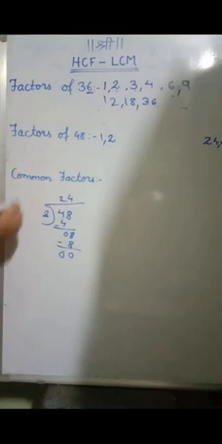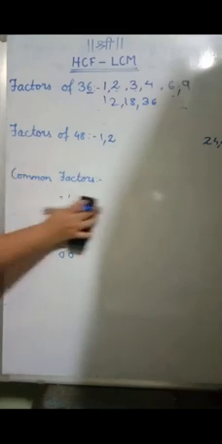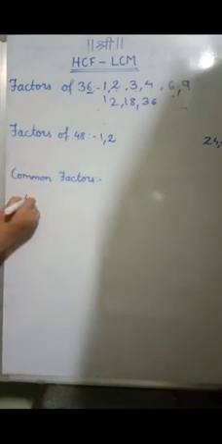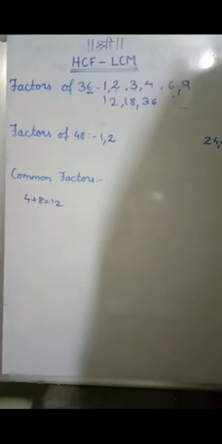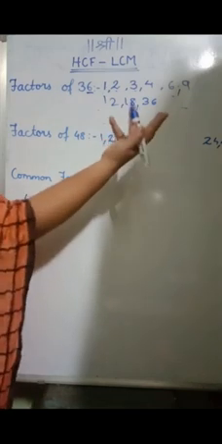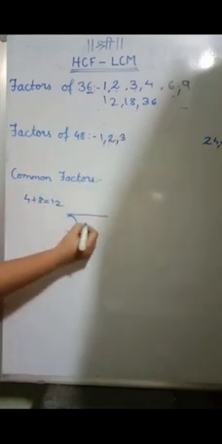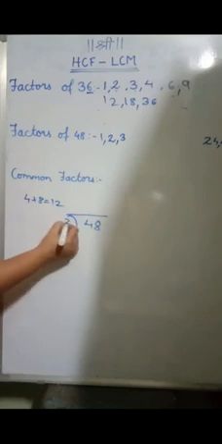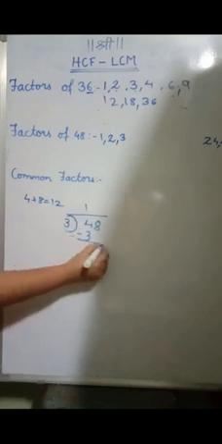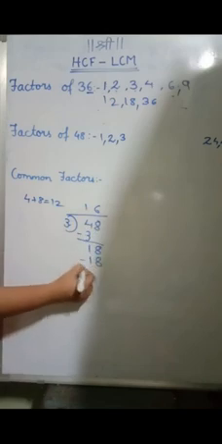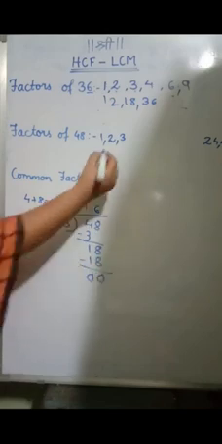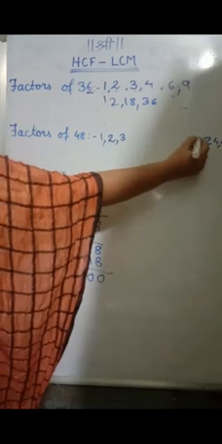Now will it come in 3's table? Add the digits. Add and see. 4 plus 8 is 12. 12 is coming in 3's table. So 48 will also come in 3's table. So write here 3. 3 how much are? If you don't know, do division. 3 1s are 3. Remainder is 1. Take 8 down. 3 6s are 18. So 0 and 0. So 3 how much are? 16s are.